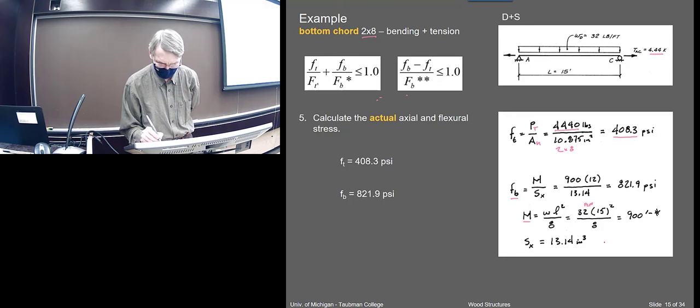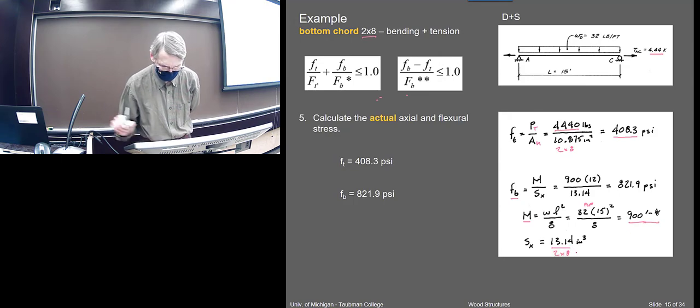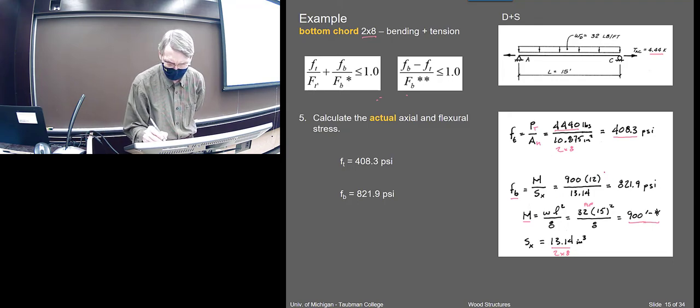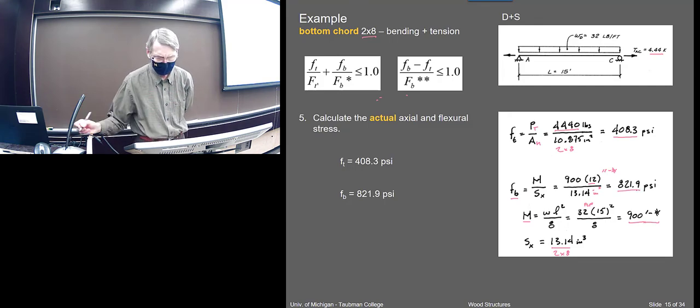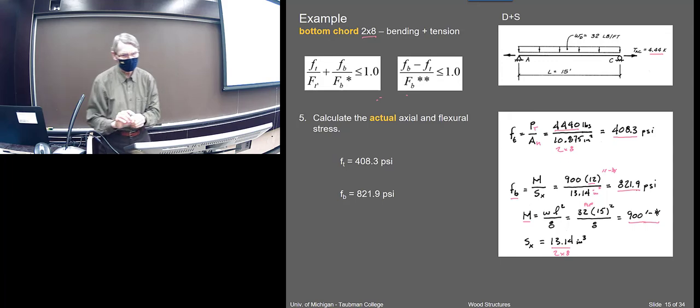And we get that in terms of foot-pounds. This is for our 2x8, our section modulus. So we can do the M over S. We have to convert it, multiplying by 12, so we get inch-pounds, and divided by inches. That gives us the actual flexure stress. So we got the actual tensile stress, 408, and the actual flexure stress, a little bit higher, 800